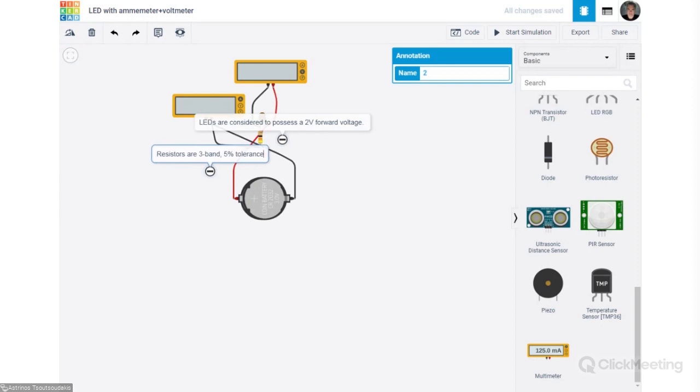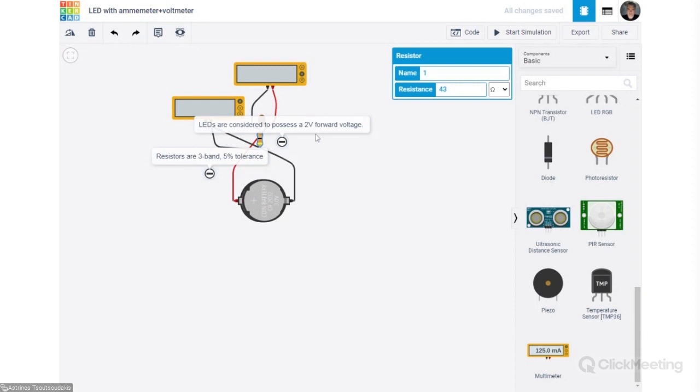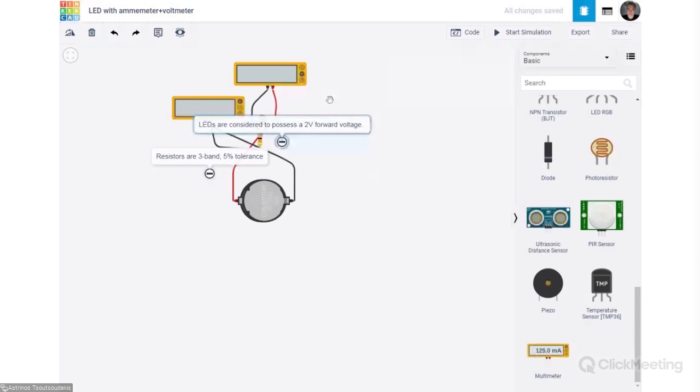That means that this resistor, which was 43 ohms, might be anything between a little bit more than 40 ohms to a little less than 45. But okay,